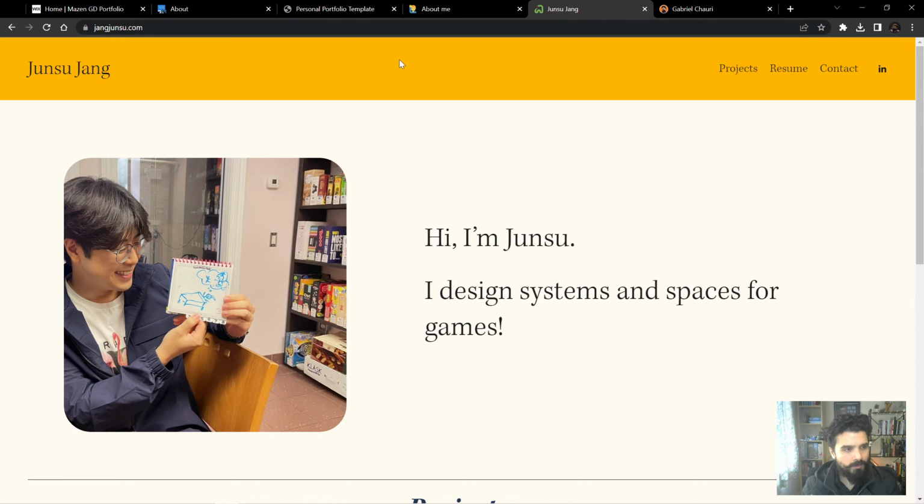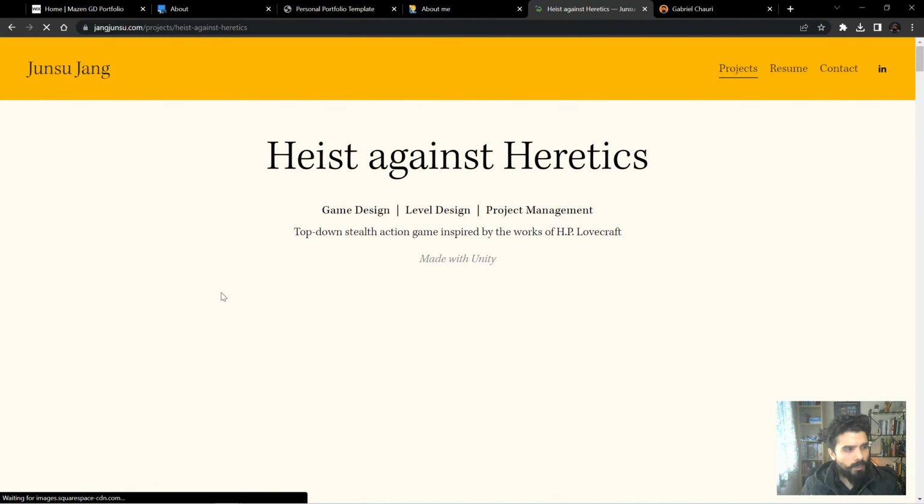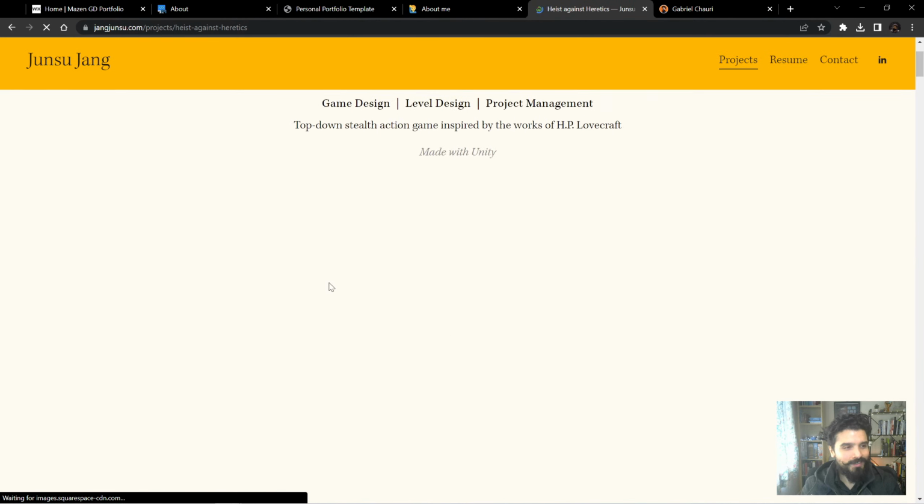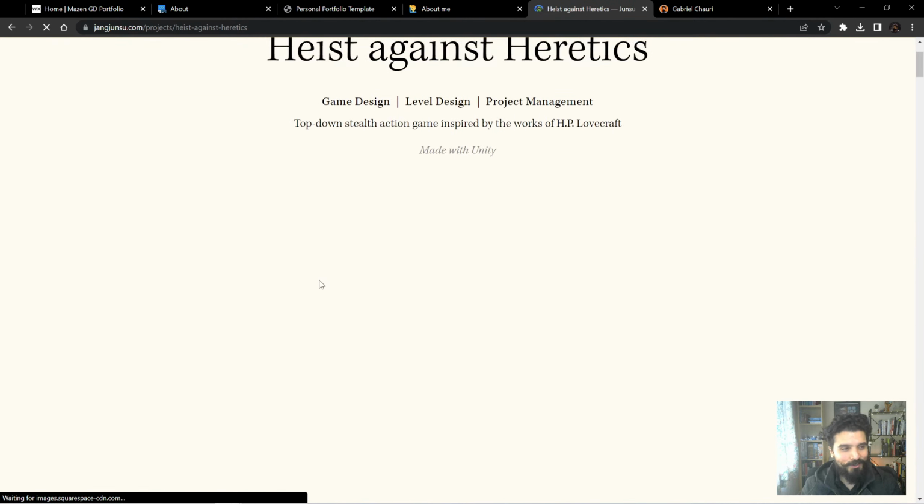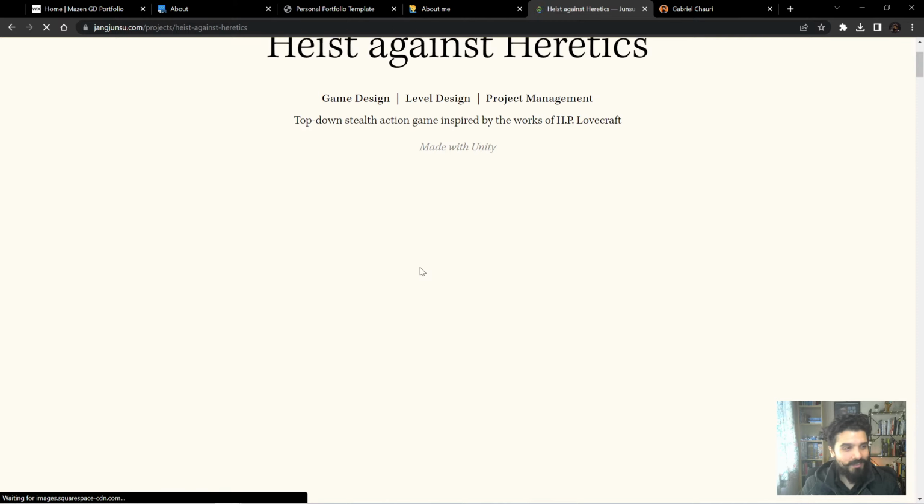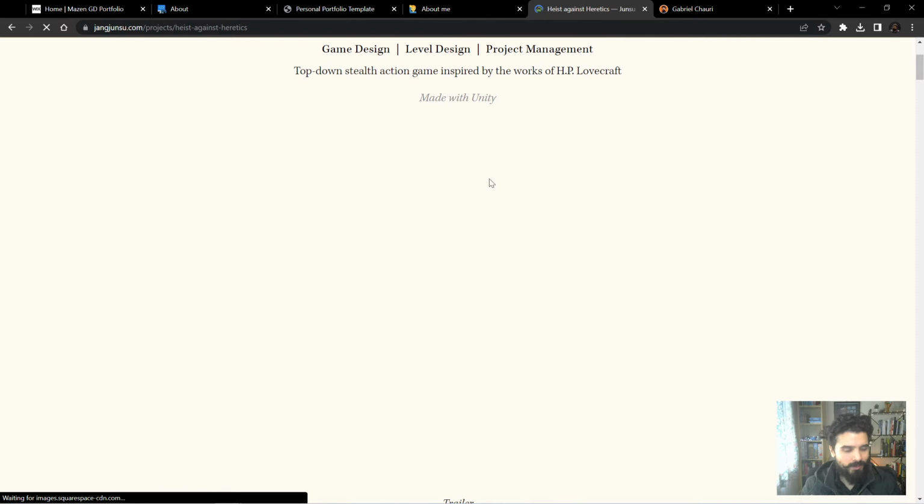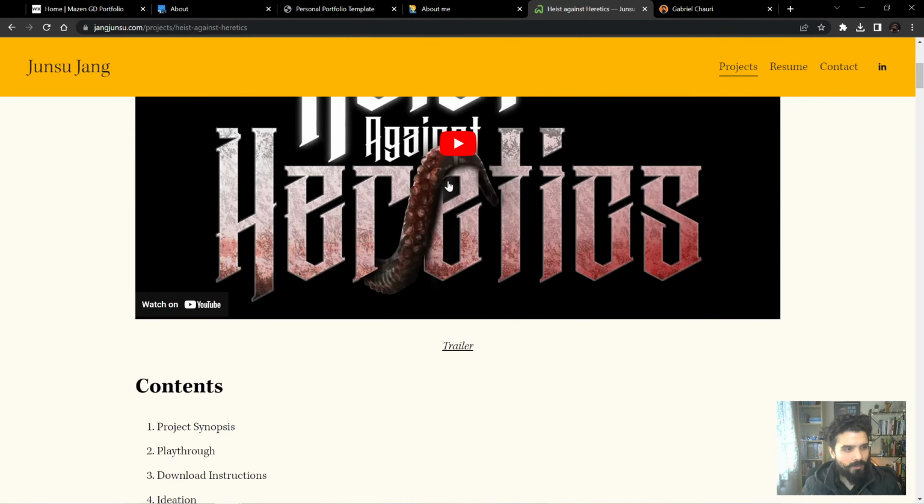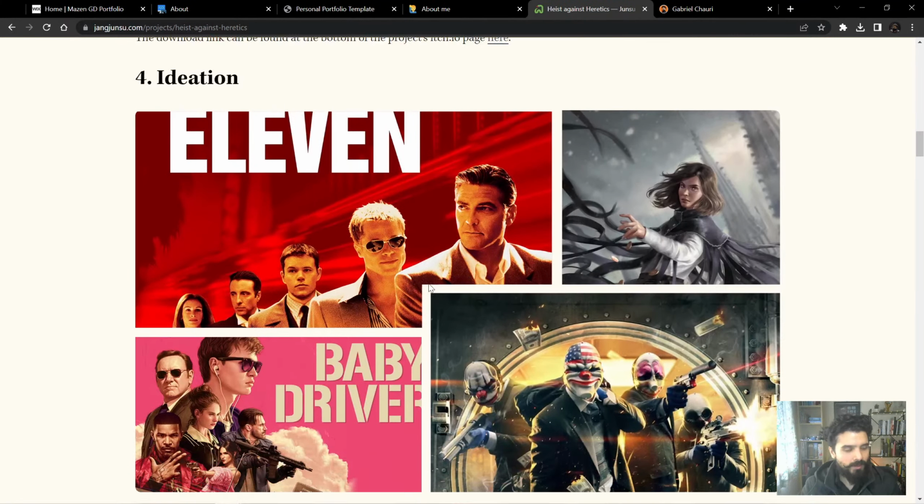So for this one in the project section, also Junsu made something that is very, very useful. I think that the only problem with this portfolio is that it takes a lot to load. Like you can see that here it's supposedly a video will load, and you can see there it is, the